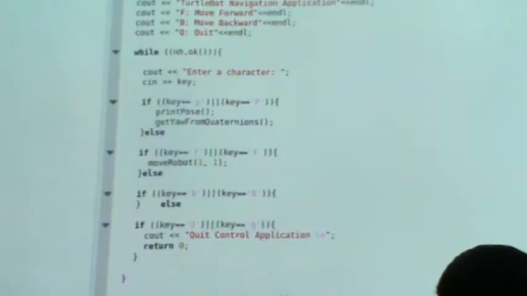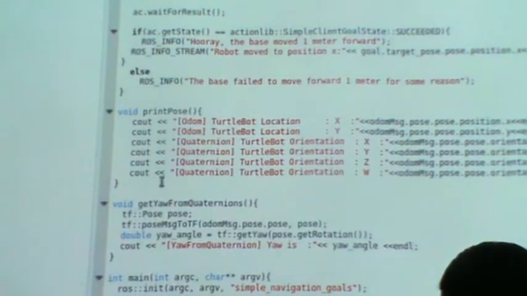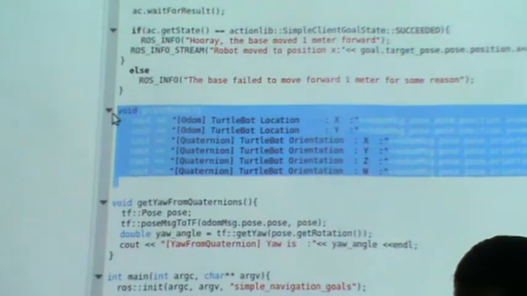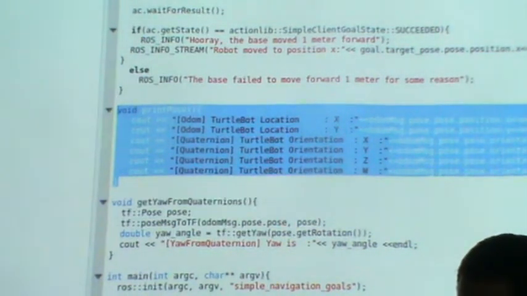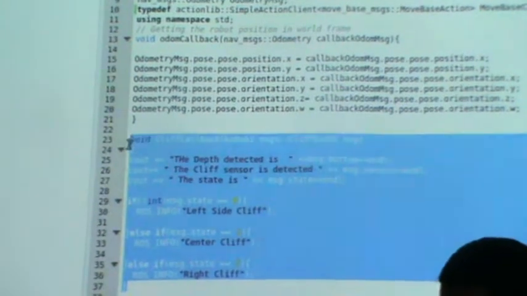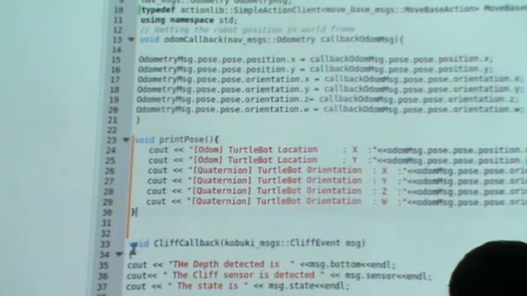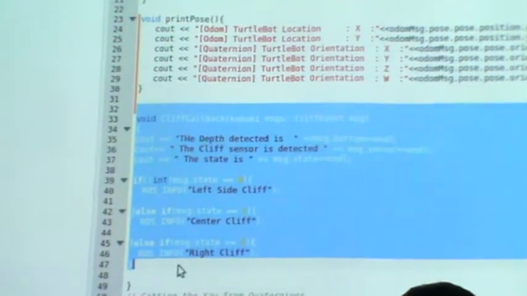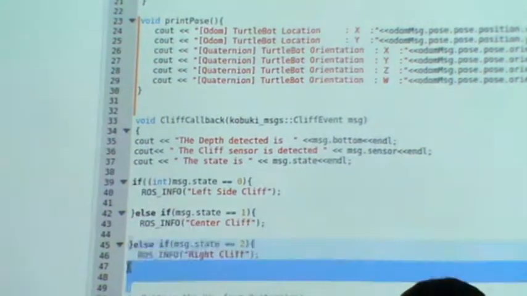Print position. Yes, this is print pose. Okay, I'm going to print the pose of the robot. We have to call it. This one we don't need. Do you have it written in another place? Just copy this one. Can I delete this? Yeah, delete this. Because I want just to put the code that you have written in the classroom. From here to here. Now this is a print pose. We have to call it.